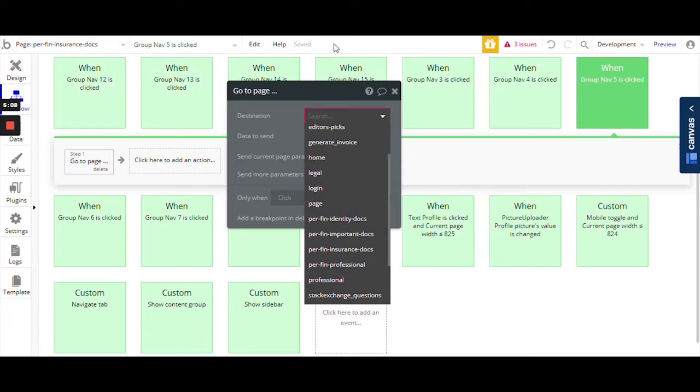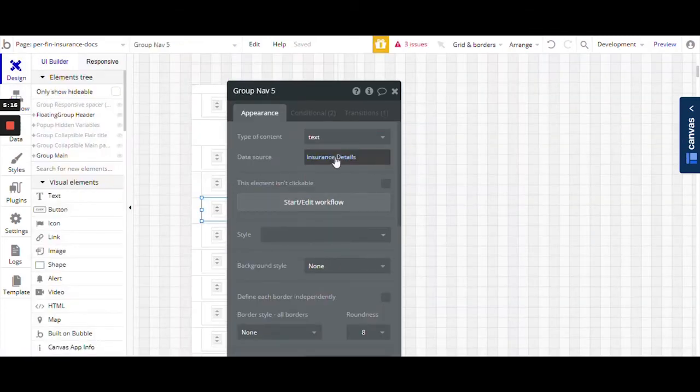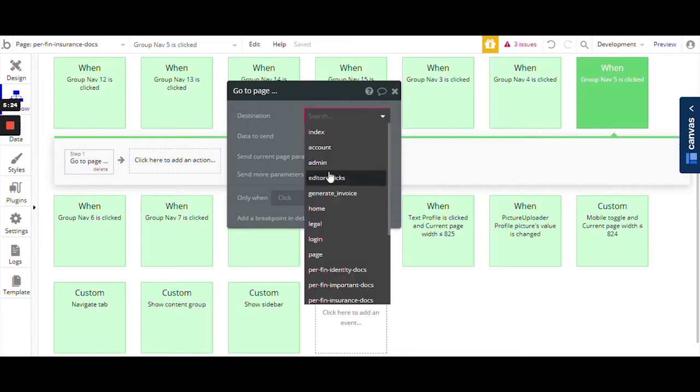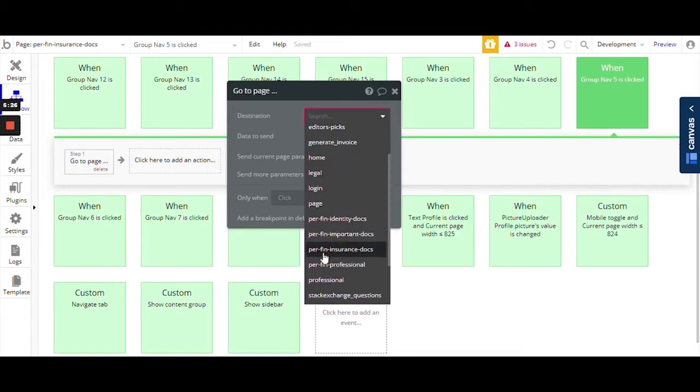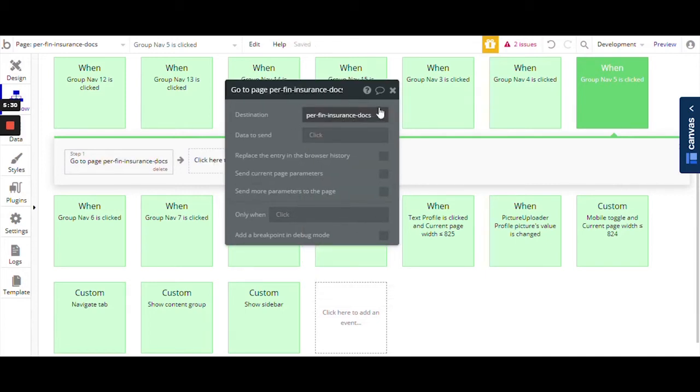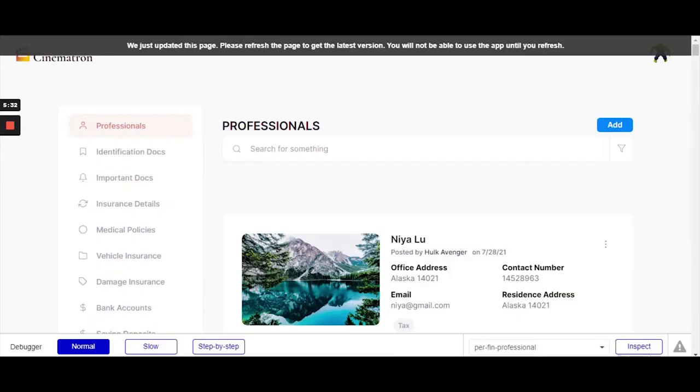Since we are currently in the insurance doc page, and this particular group nav 5, which is insurance details or insurance doc, it basically is the same actually. So the destination is we have to keep it in the same page itself. So we're going to choose this, and that is sorted. So when we go over to the preview option and click to refresh it,